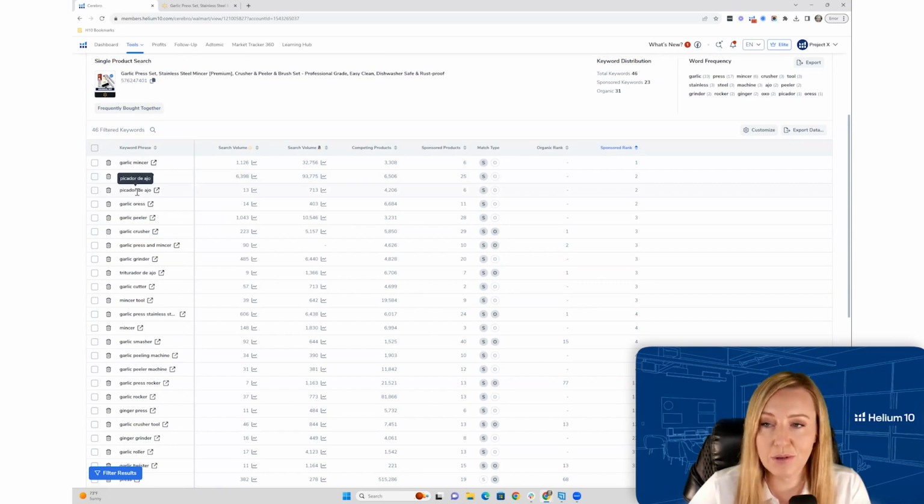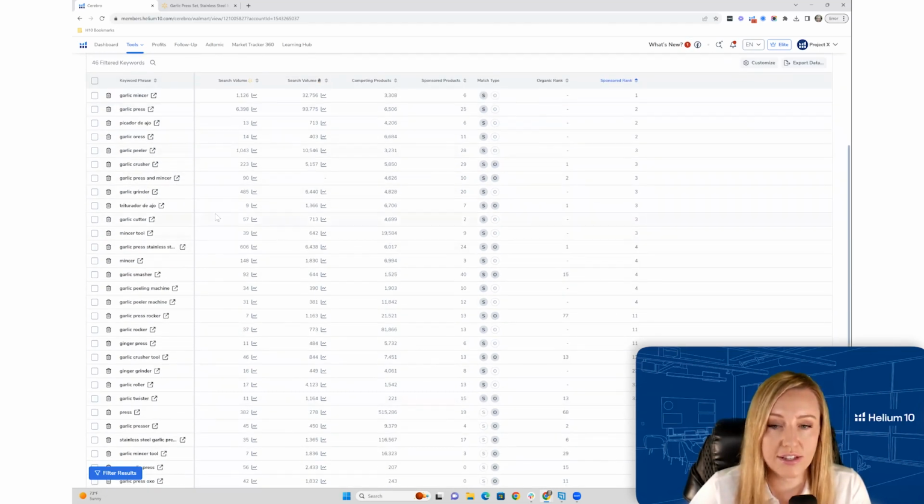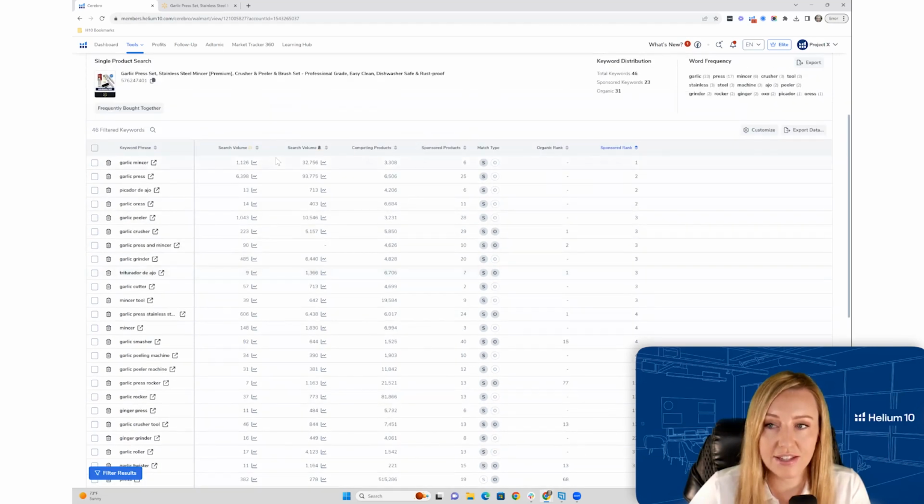Spanish words are actually really popular in Walmart, so you'll see a lot of Spanish words. So yeah, that's a great way to find a good strategy and find some good keywords. That's one of the main things I like to do: take a look at where your competitors that are already established are advertising, and then copy that strategy.